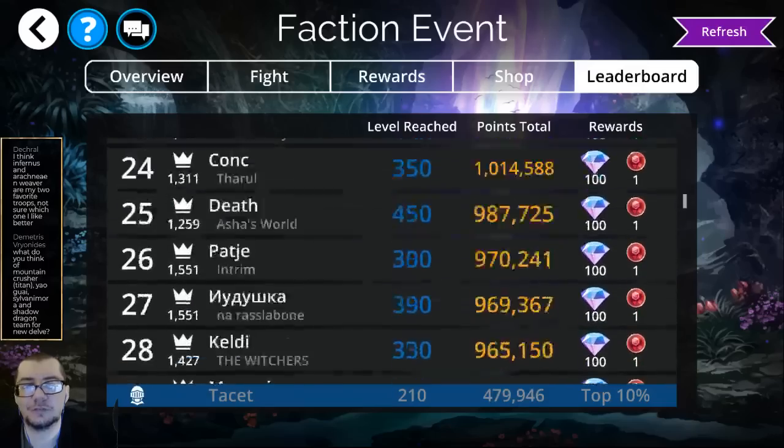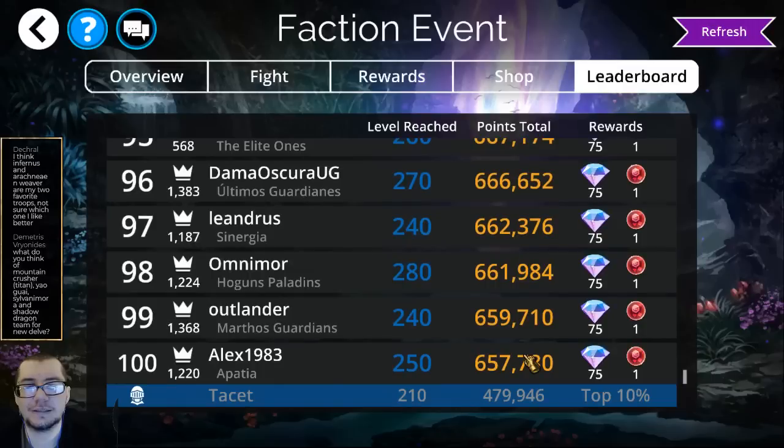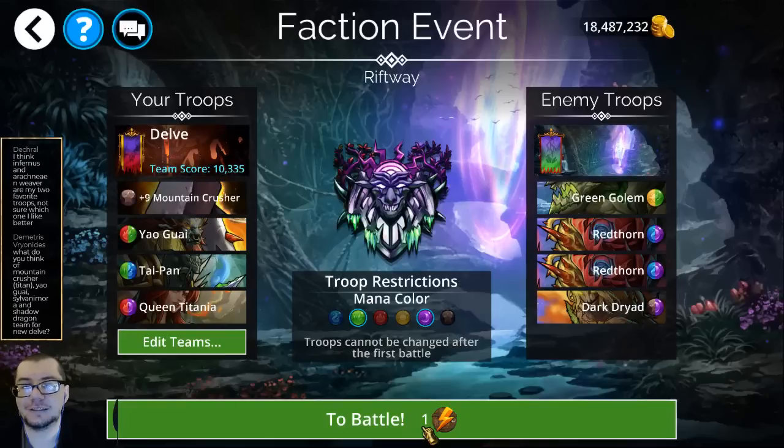Let's see, how many points do we need for that? We would need 660,000 points, give or take a little bit more. And for all rewards, we only need like 2 more delves, not even. But anyways, we're using this at the moment. Basically, just Yagwe team with Mountain Crusher, essentially. We can also use Flame of Fire there, though Mountain Crusher is way safer. Simply because we will not...